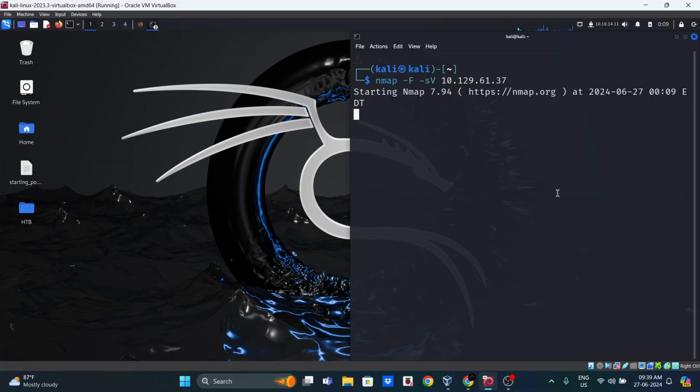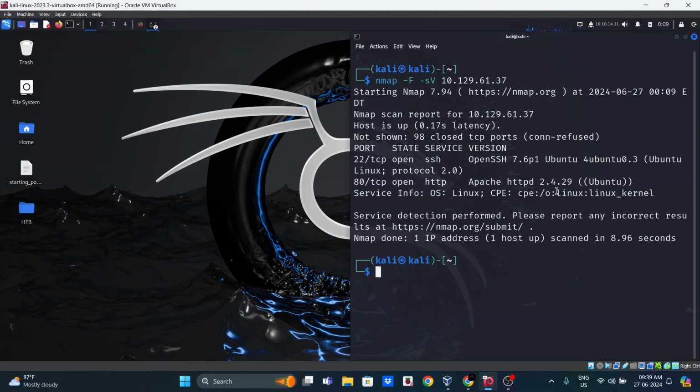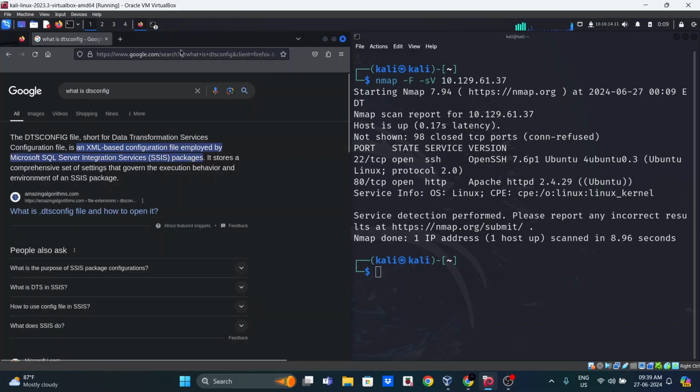Paste it and look at the nmap results because we do need to know what ports are running on the machine. And here we find out that there is port 22 that's open with SSH running and port 80 with HTTP running, which means we can open up a browser,